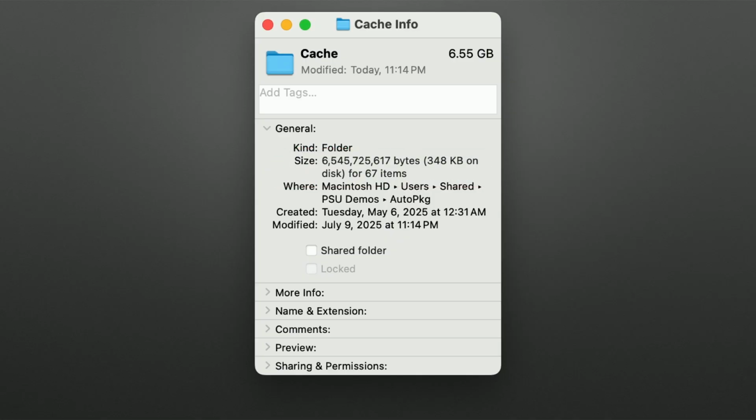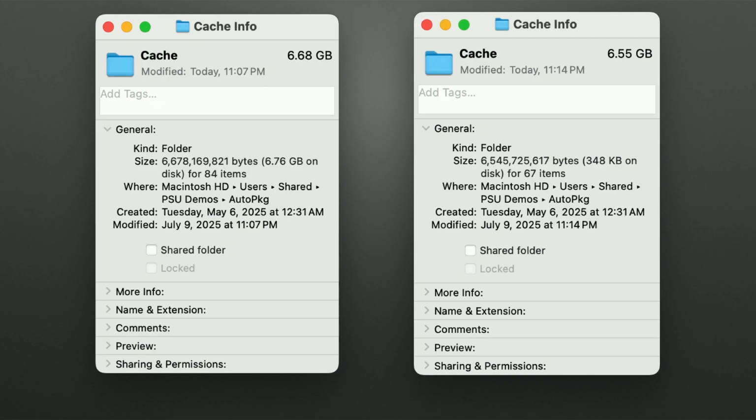Let's see, where was I? Okay. I just wanted to compare this to the native one. The one on the left is that native AutoPkg run. The amount on disk matches what's in the top of it as well. Please don't ask me why these values are different. I honestly don't know. I'm chalking it up to just APFS things, but they were run 20 minutes apart, something like that.